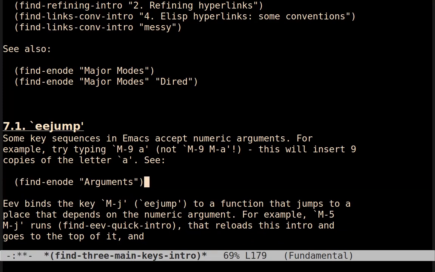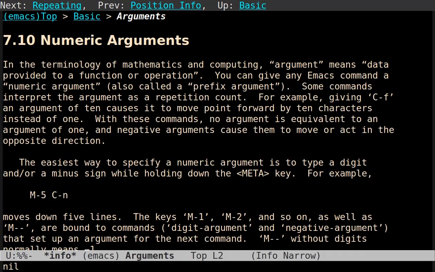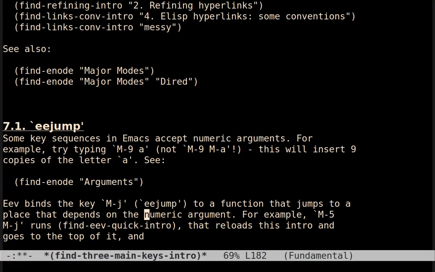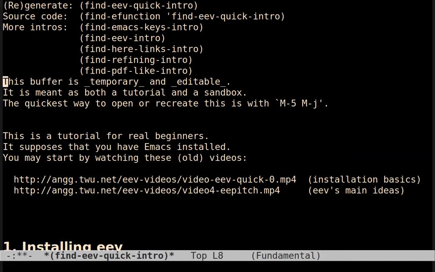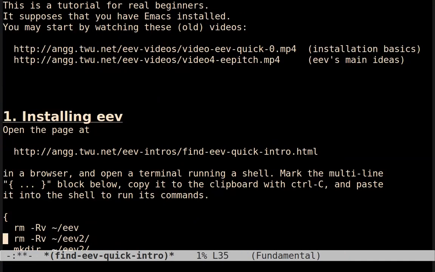This is a link to a page in the Emacs manual that explains in detail what these numeric arguments are. And these are the main examples of what Meta-j does. This is the one that is the most important of all. Meta-5 Meta-j goes to the main tutorial here, the one that starts by explaining how to install Eev,